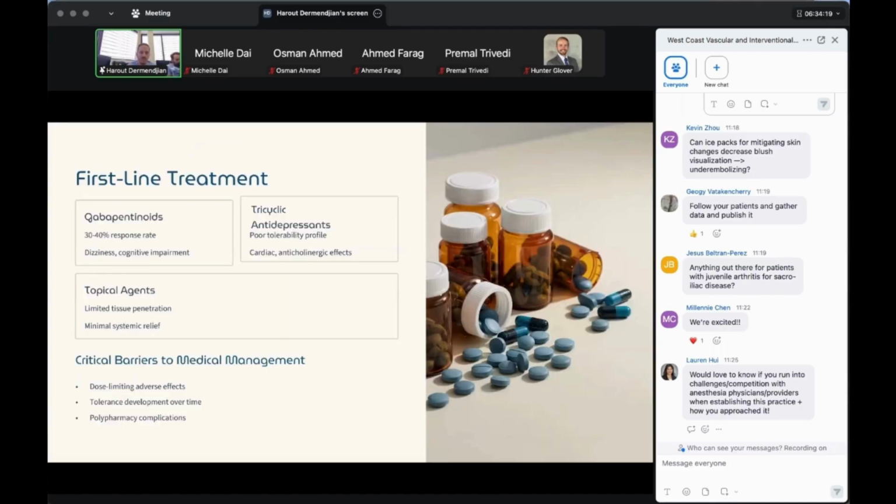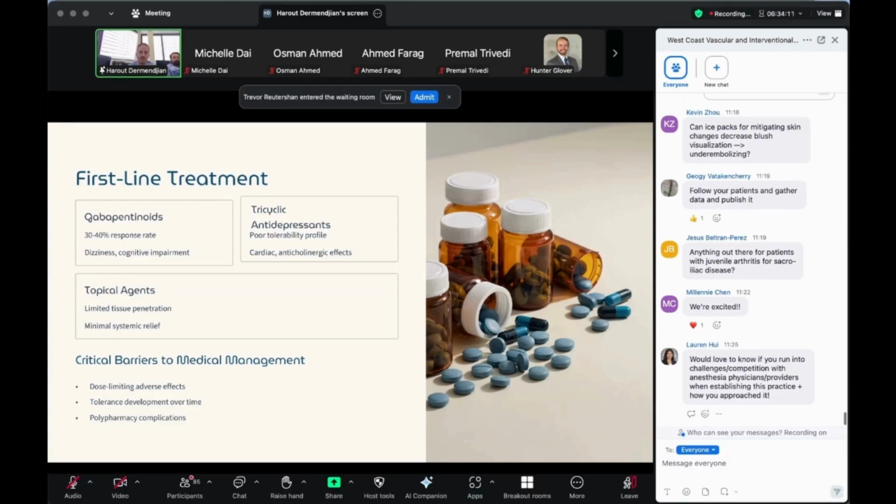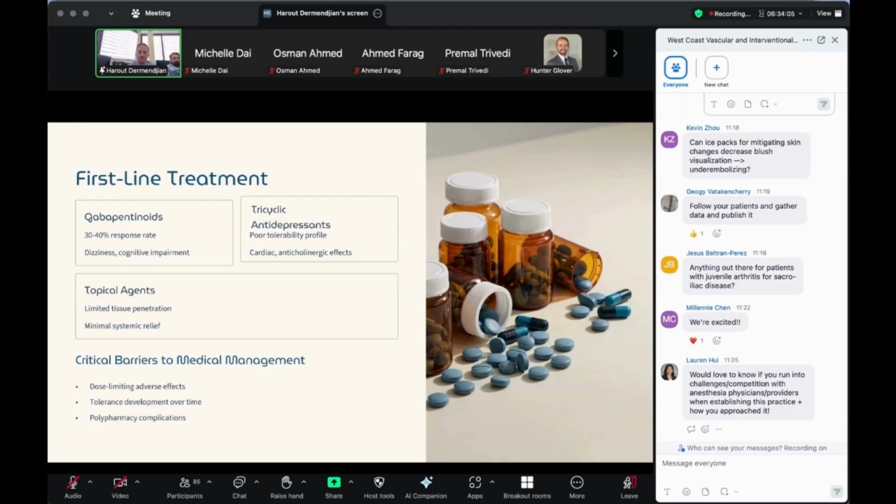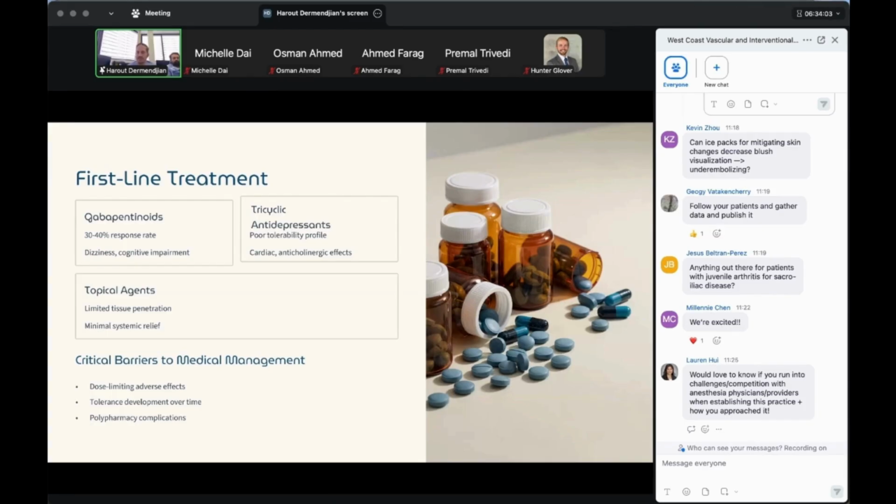But let's get to the medical treatment, right? So almost all of my diabetic patients, a lot of them are actually already on gabapentin or some version of that. But unfortunately, only 30 to 40% even respond to that medication. Some are just getting used to dealing with this problem, right? But again, in the elderly patients, it starts to have side effects, dizziness, cognitive impairment. A lot of them can't tolerate it, so they discontinue it.